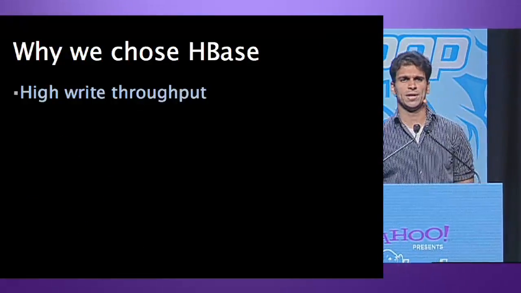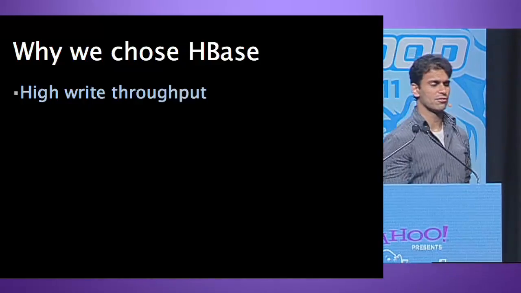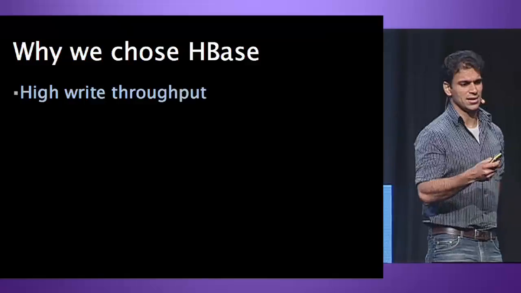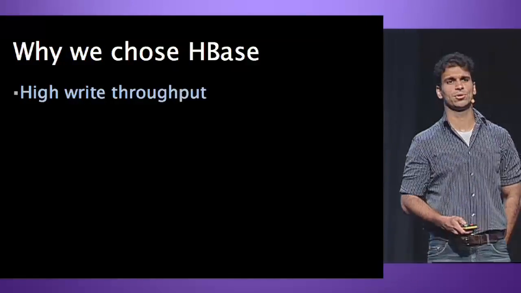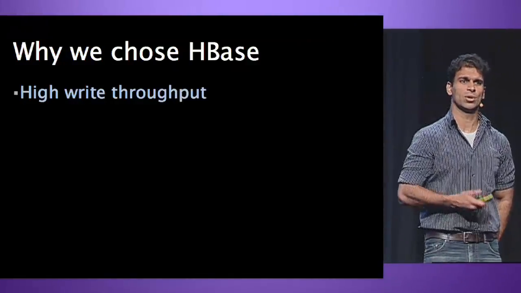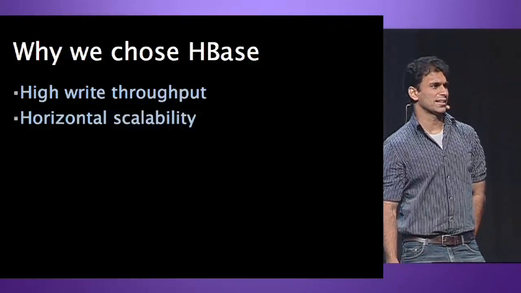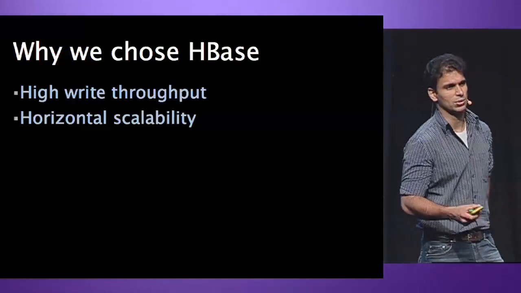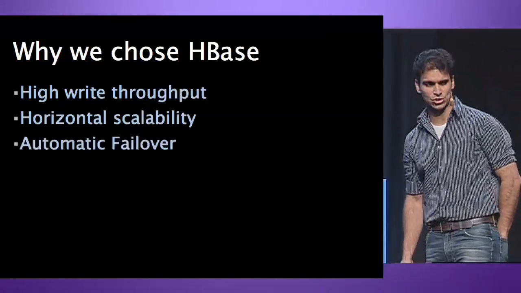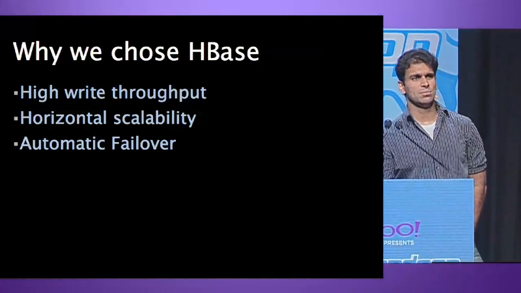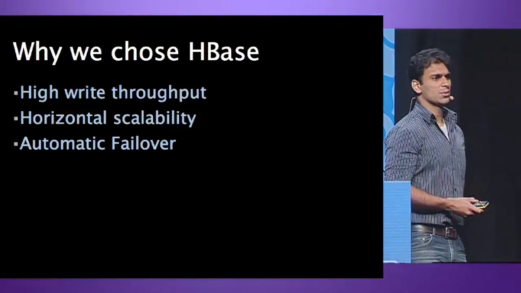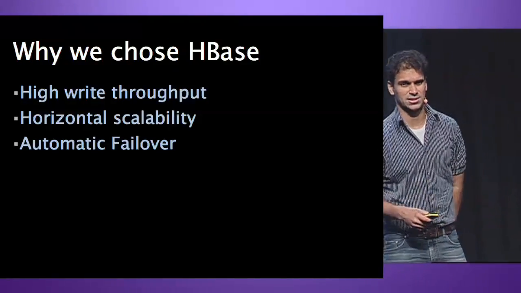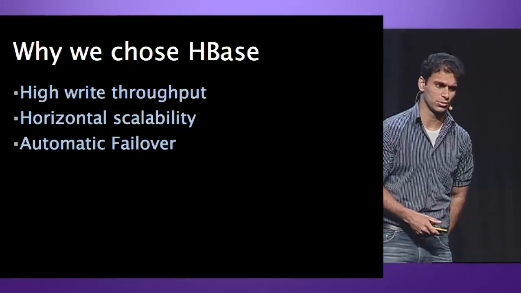All right, why did we choose HBase? Right from the get-go, we had thought about fronting HBase with an application server. We thought that the storage underneath would see a write-dominated workload, so high write throughput was one of the important characteristics we were looking for. Another thing was that we don't know how this is going to grow, and we have hundreds of millions of users at Facebook sending messages, so it needed to scale quickly by just throwing in some machines. When you have a lot of machines, failure is the norm. When one machine goes down, another must take its place. We can't say we'll fix this machine while it's down and then serve the data. So automatic failover was super important for us.